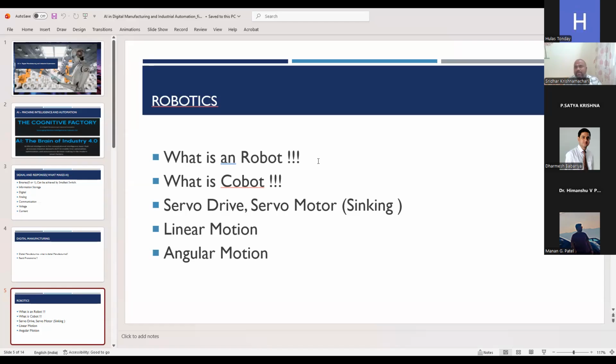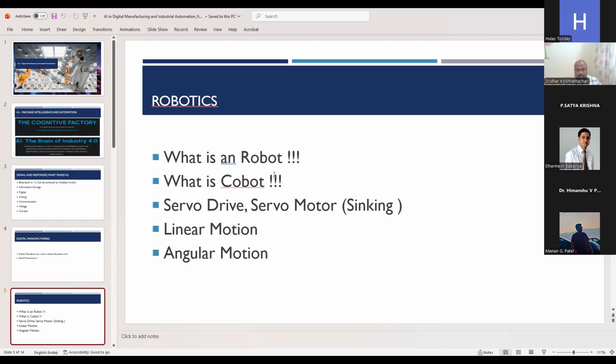The gripper will hold from one axis, it will move up, it will move to the other end, and it will put it down. So moving up is one axis, moving left is one axis, and dropping down is one axis. A 3 axis robot is required. Whereas a 6 axis robot, as you might have seen, has a combination of 6 servo motors and 6 servo drives, programmed in such a way that motion can be linear, transverse or angular, so that the reach is an advantage.